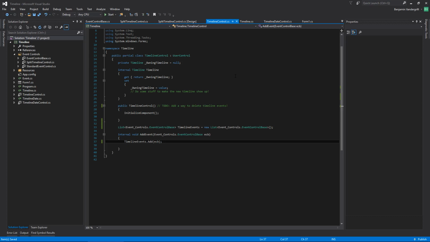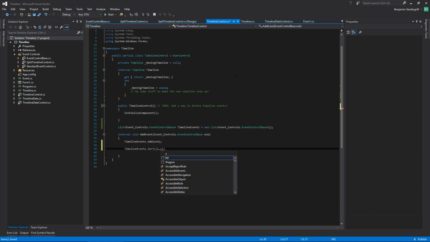So if they have the same raw value. So I'm wondering if I want to, I probably want to sort this. Timeline events dot sort, x, y, x dot date,